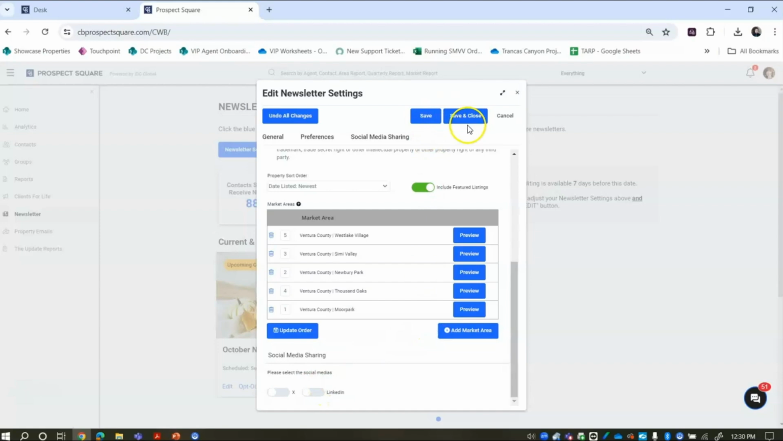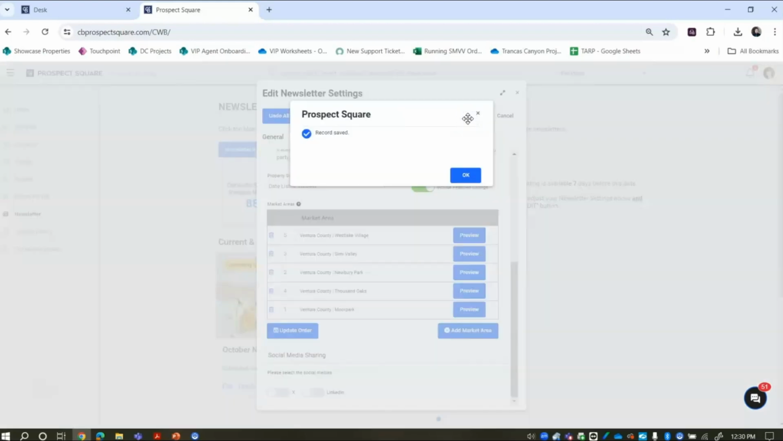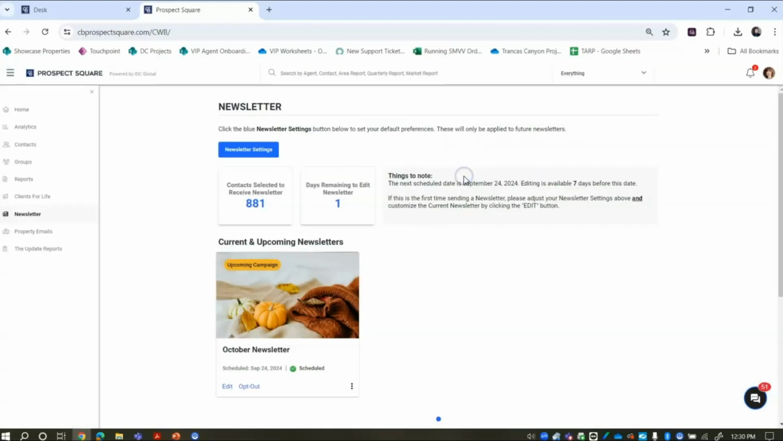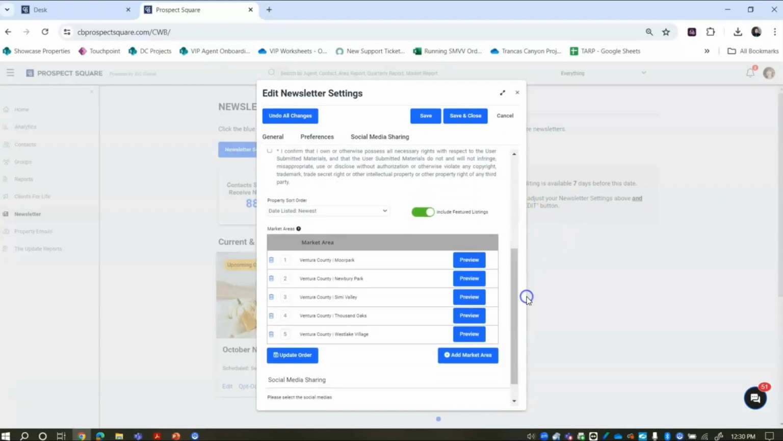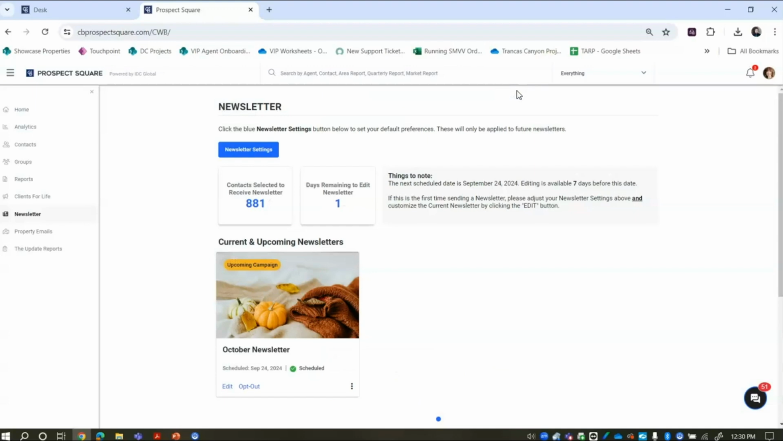So once we're done here, we're going to go ahead and select Save and Close. Go ahead and select OK. And if I head back to the newsletter settings, you'll also see that this order has now been updated too. So now that we have our newsletter settings all set, ready to go, let's take a look at the current